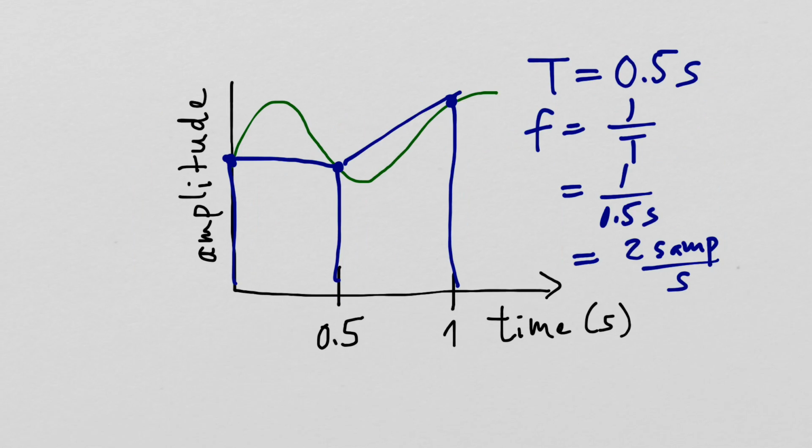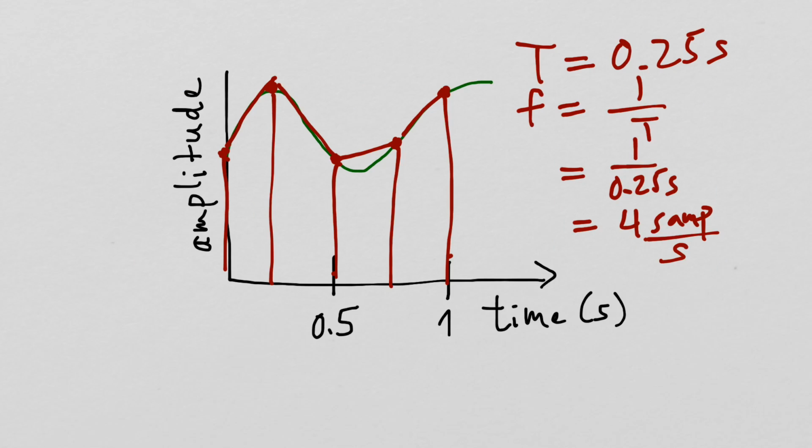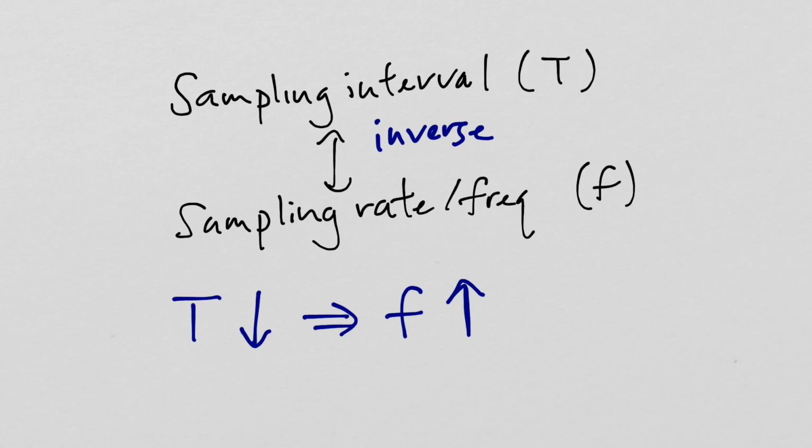And so just to wrap up, you can see that here where we had t equals 0.5 seconds, a bigger sampling interval, we had a frequency of 2 samples per second, and we were missing some detail in the original signal. But then when we had a smaller sampling interval, we cut it in half to 0.25 seconds, our frequency went to 4 samples per second, or twice as high as our original one, and we got a much better recovery of the original shape. So that's going back again to our inverse relation between sampling interval and sampling rate,